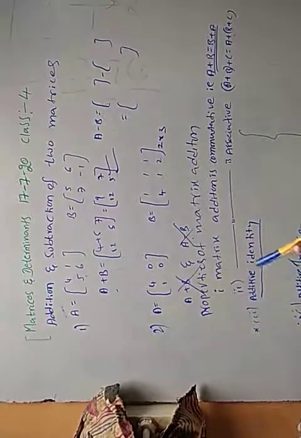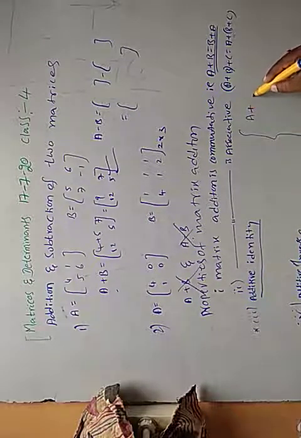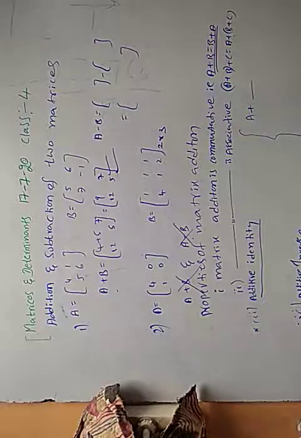Then come to the additive identity of a matrix. Not identity matrix, additive identity. There is a working rule. Take a matrix of some order, whatever it may be, maybe square order or rectangular order. Please leave a place for adding, because for additive identity, after addition we should get the same matrix.